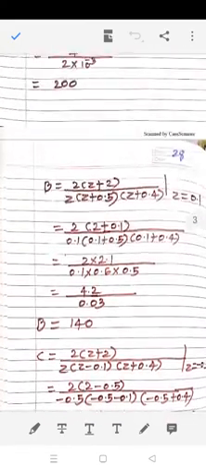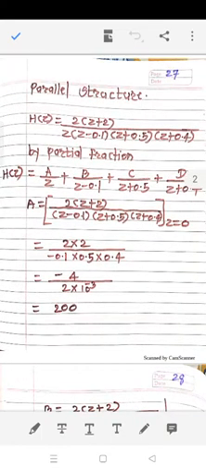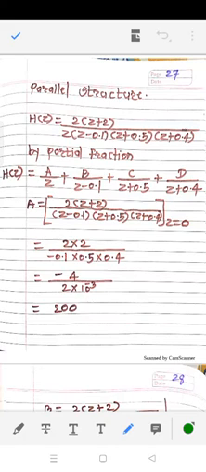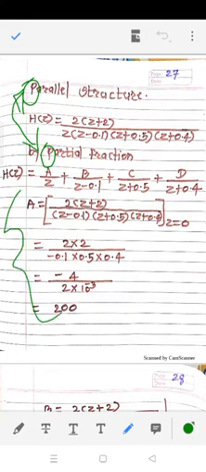See here, the first step is very critical. How can you remember this? Parallel means partial fraction, parallel partial, correct? So when we are solving the parallel structure numerical, what we should do first of all is convert the given h of z using partial fraction. Okay, correct? And you are familiar with this mathematics, I think so.